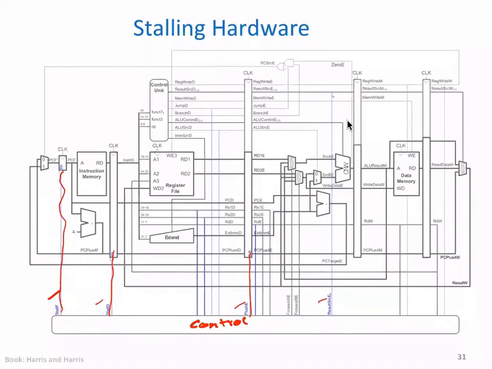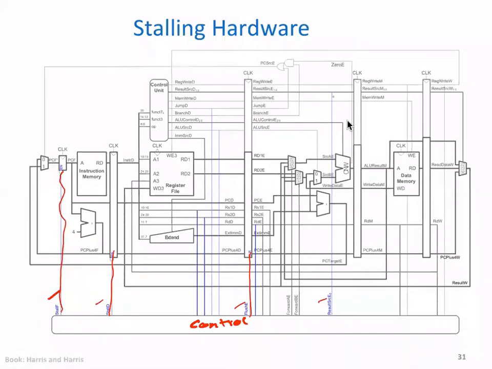But this should give you a sufficiently good idea about how pipelines actually work, and movement of data within a pipeline is not as simple as we think. It's not the same as the laundry pipeline we have seen earlier. Because some resources are being used, there's contention for use of resources between instructions, and also there's a data dependency between instructions, right? So this causes pipeline design to be a little complex.